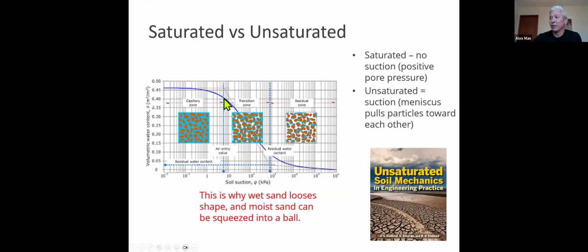As you go down and lose a little bit of water, you're going down this nice S curve. Now we're in this pocket here where there's some air in the voids, and there's probably some room to densify that soil. But more importantly, as you do this, you're increasing soil suction. So think of a meniscus in a straw, or if you overfill your glass and it's just bulging over.